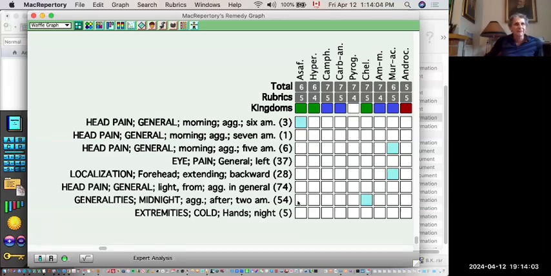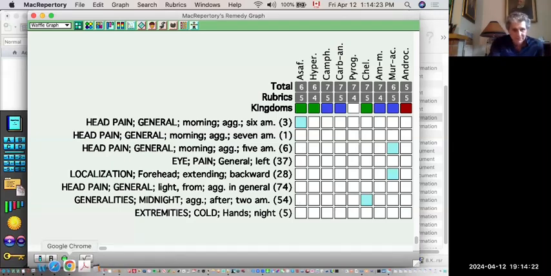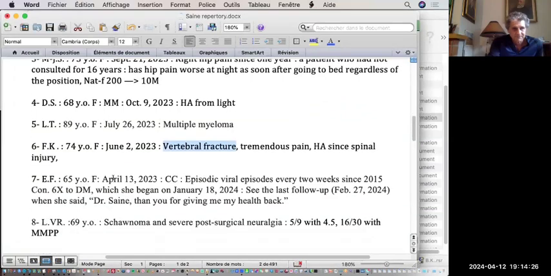She can't thank me enough. When I phone for her husband, sometimes she comes on the phone and thanks me, and she made a donation to the American Institute of Homeopathy, because I didn't charge her. Okay, so that would be case number 6.